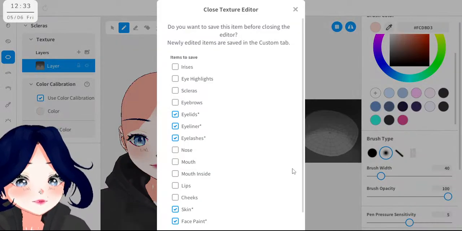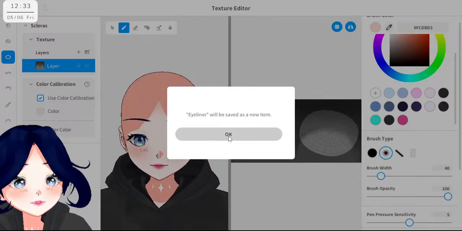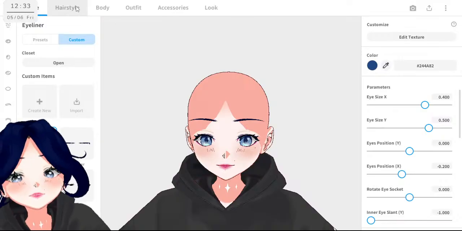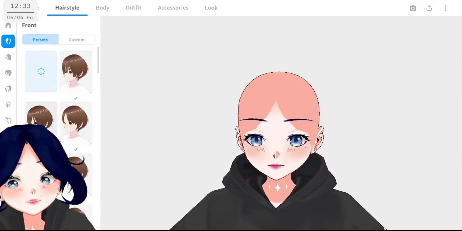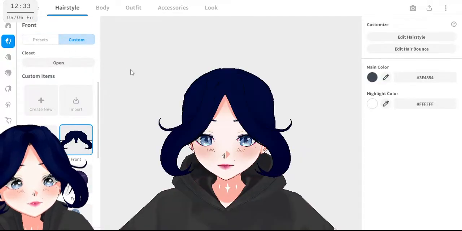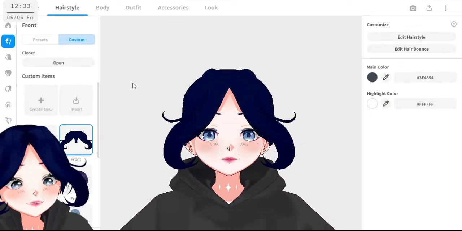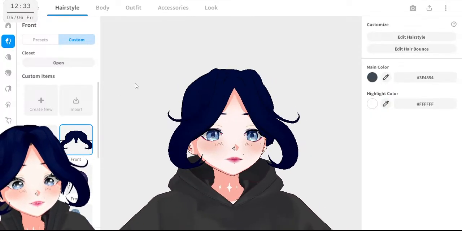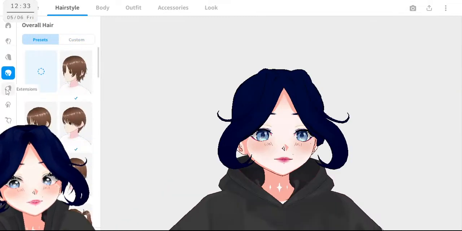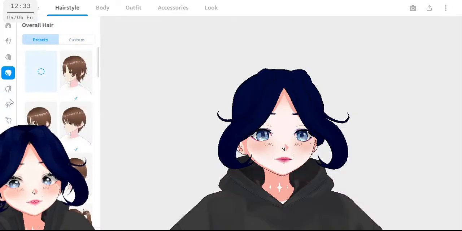Okay. Let's overwrite everything. Okay. And for the hairstyle, we'll currently keep only the top, the front, and in the back we'll use this.